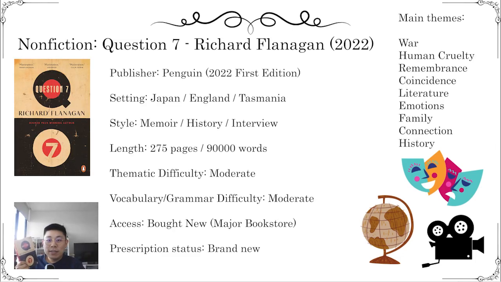Question 7 is an interesting book, and I will say I'm not really someone who reads nonfiction very much, so I can't say a lot about if this is conventional, but it feels unconventional to me. It feels varied and non-linear, and it's about so many different things. It's hard to say that it's just a biography, and it's hard to say it's just a history text. It's a hybrid text. It's a discursive text.